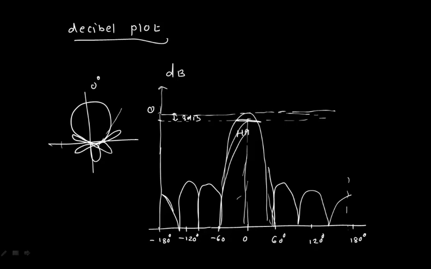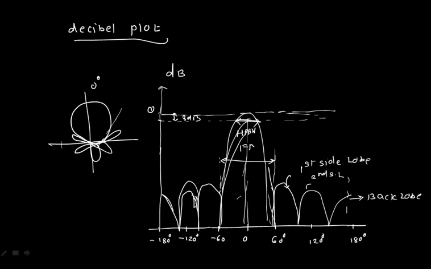Now you just understand, once you are changing your plot, your half power beamwidth का definition changes, ठीक है. What about this one? I have, this is nothing but ये मैंने थोड़ा सा छोटा यहाँ पे निकाल सकते हैं हम लोग, ठीक है, तो you can have this as a first side lobe, this is your second side lobe, ठीक है, and this is your back lobe. I can say this is the second side lobe and this will be the back lobe, ठीक है. Now what about the first null beamwidth? The adjacent where I'm getting the zeros will be called as the first null beamwidth.